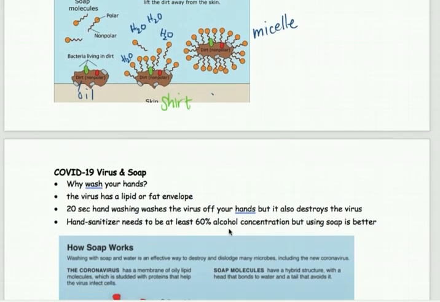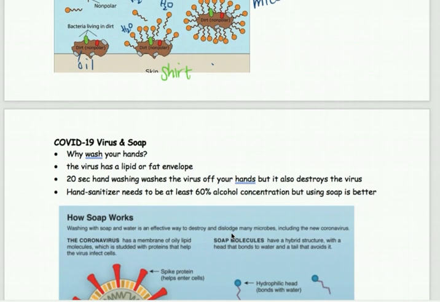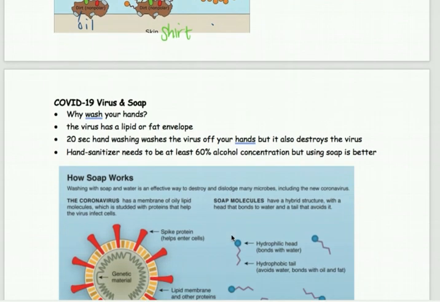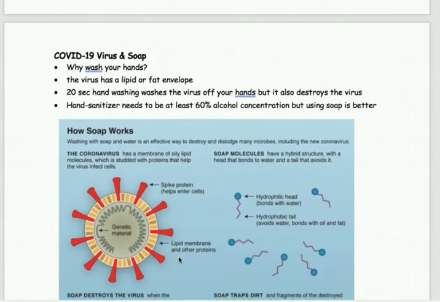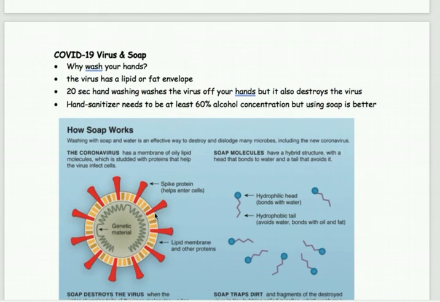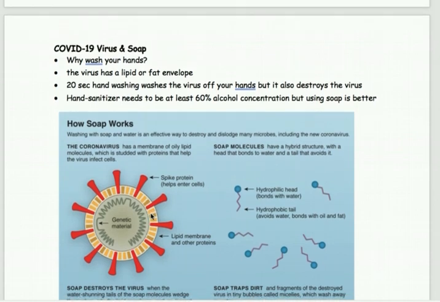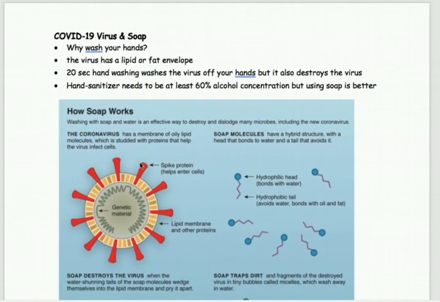Okay, so why are they telling you that you should wash your hands? You've seen the coronavirus pictures everywhere. It has this shape here, and it looks like the sun. That's why they called it the coronavirus or COVID-19. I'm just going to go over the general structure. These spikes here are the protein structures, but